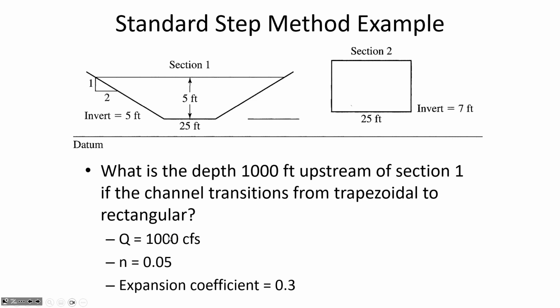From the perspective of the water, the water is flowing through a rectangular channel to begin with, and the channel is gradually getting wider as the water's flowing downstream, because the water starts at section 2. So water's going through a rectangular channel, and suddenly the walls start laying down until 1,000 feet downstream, it's now trapezoidal. What we want to know is what was the water depth upstream before the channel started transitioning